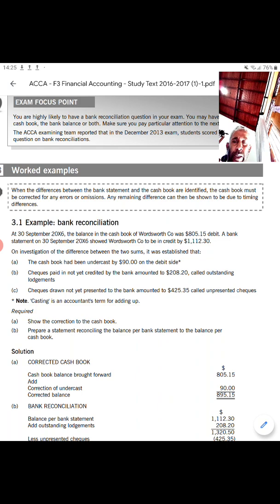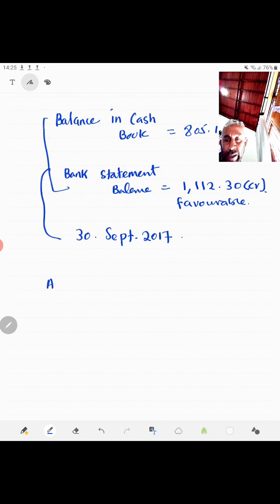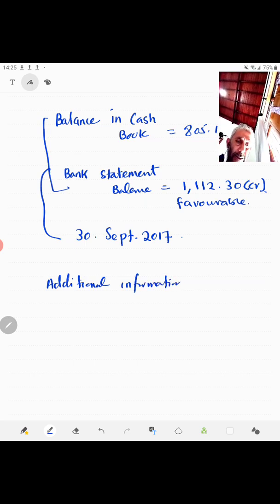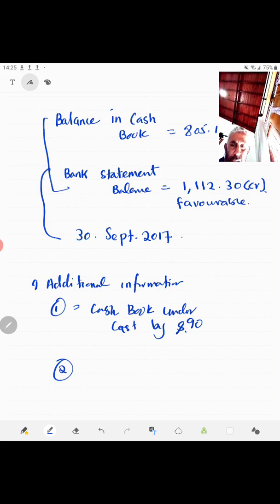On investigation of the difference between the two sums, it was established that the cash book had been undercast by 90. So, additional information: cash book undercast by $90. That is one additional information. Second additional information,